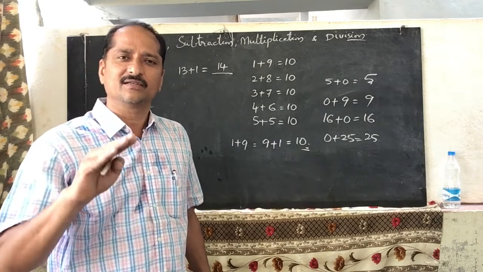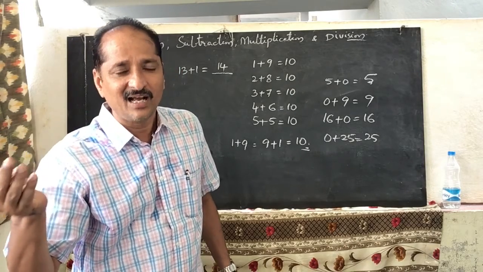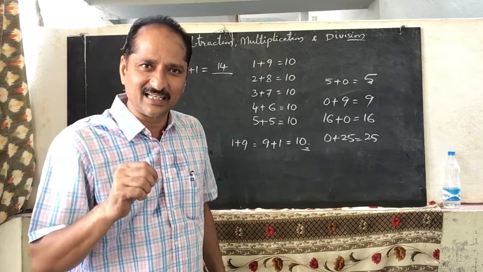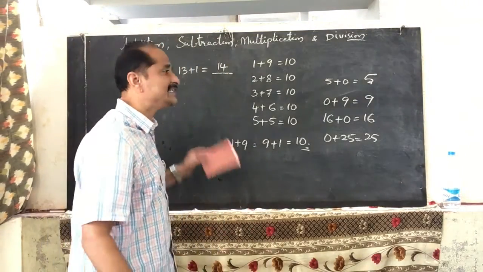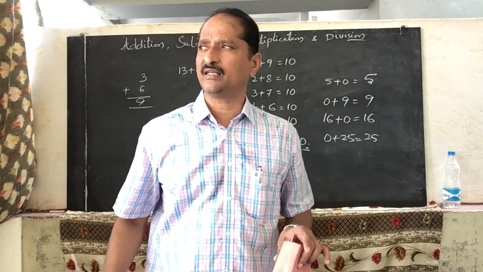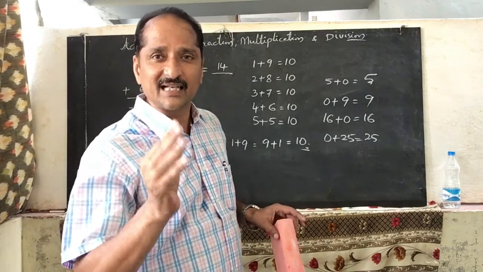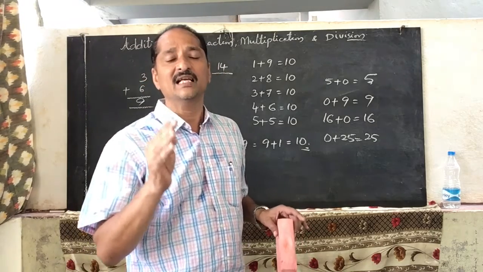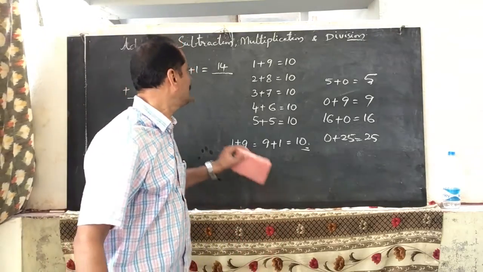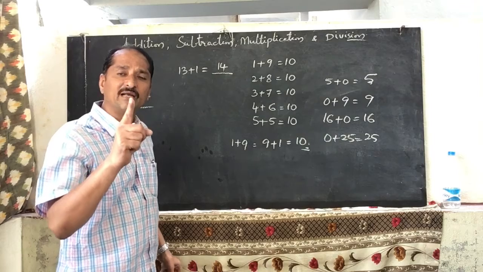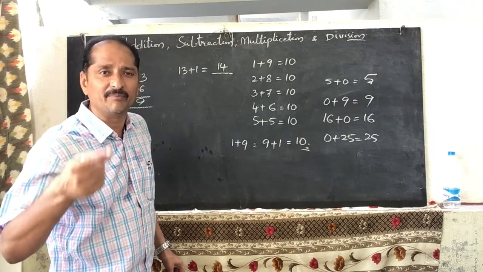Understood? So if you add 1 to any number, you will get its successor. Or otherwise, to get the successor, we should add 1 to the number. So in addition, you can find out the successor. But the opposite of successor is predecessor. We can call it predecessor. This we can see in subtraction. Now, in addition, if you add 1 to any number, what will you get? It's a successor. Successor means the after number.